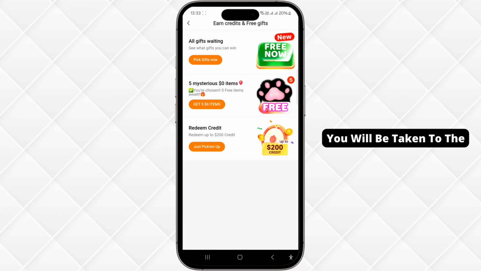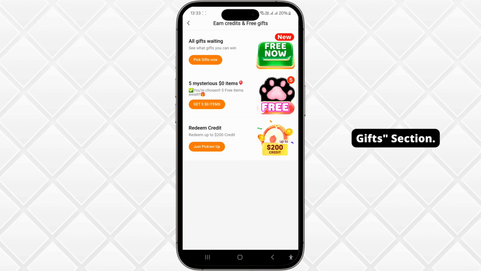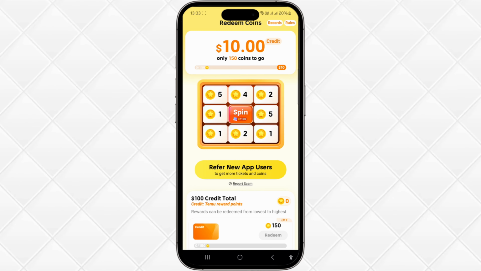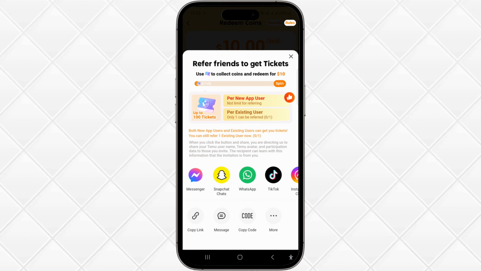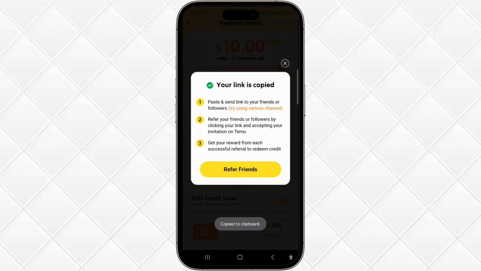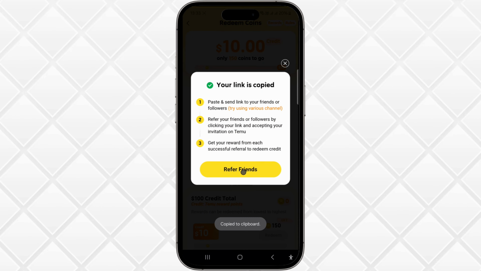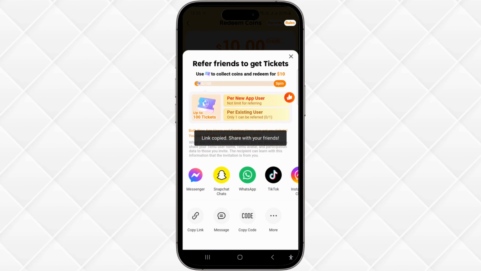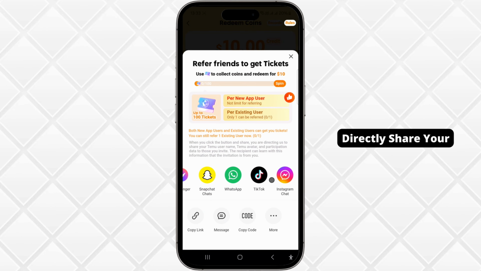Tap on it. You will be taken to the Earn Credits and Free Gifts section. Tap on Redeem Credit, and there you will see the option of Refer New App Users. Tap on it. A pop-up will appear, and from here you can tap on Copy Link, or you can also go ahead and tap on Copy Code to refer it to your friends,